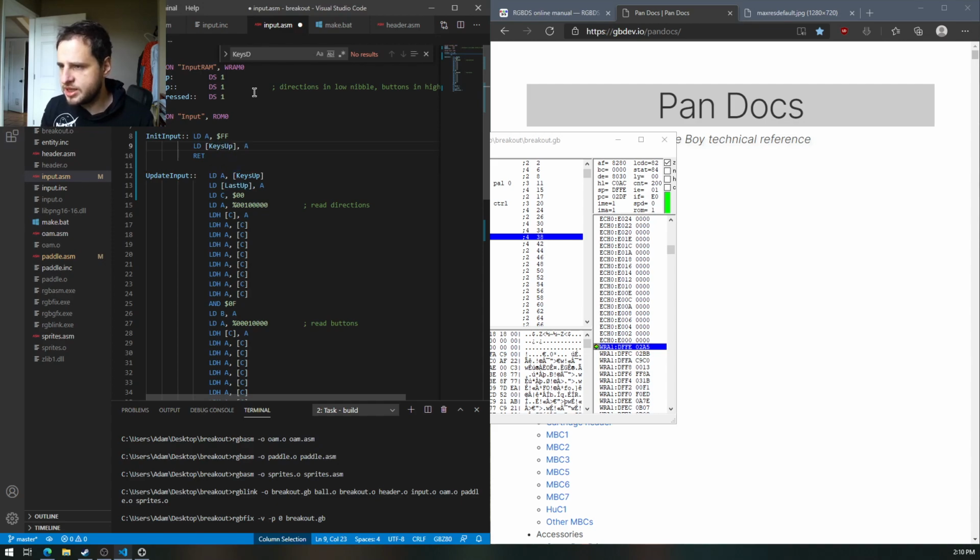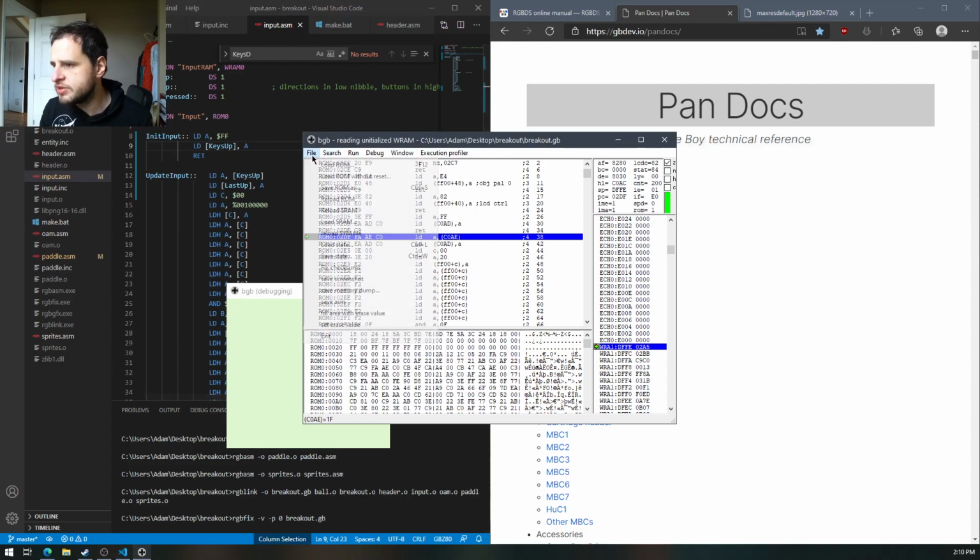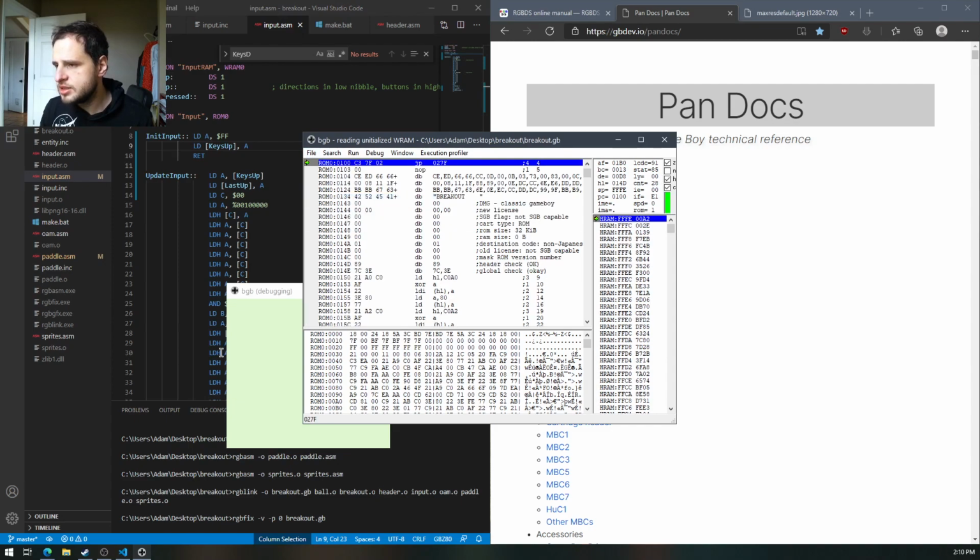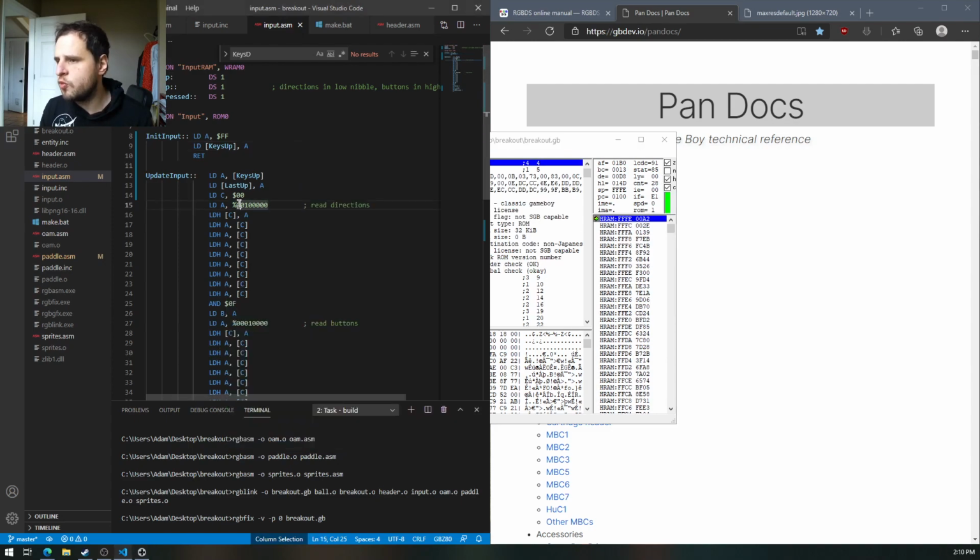We want to put that in there, not there. There we go. Okay, so that should fix that. Let's reload the ROM. What went wrong there is I was initializing last up rather than keys up, and